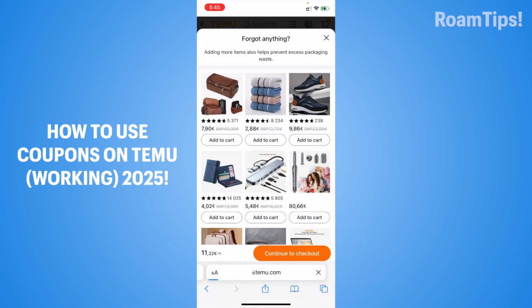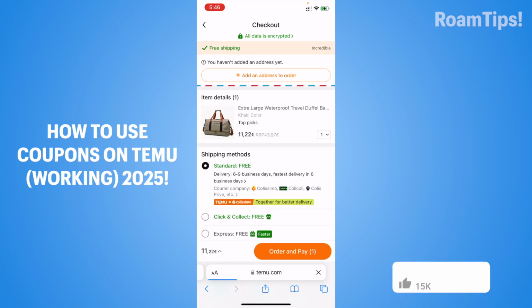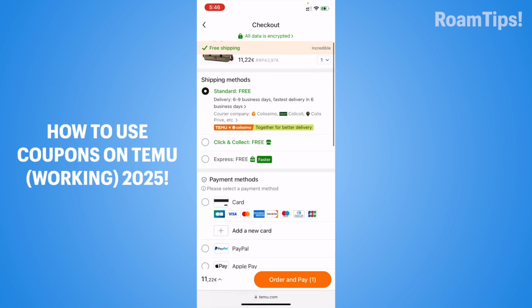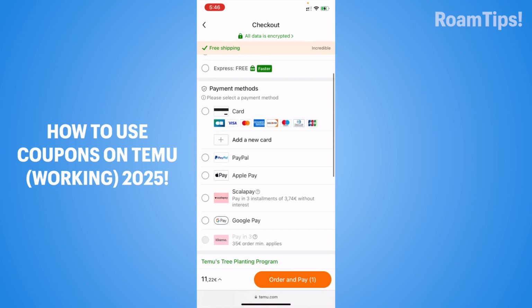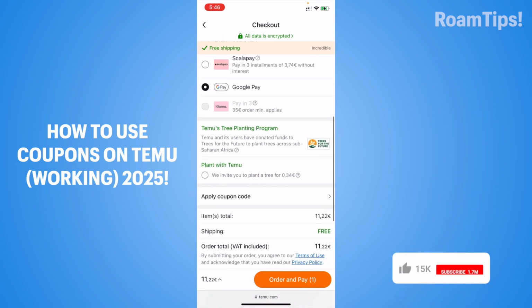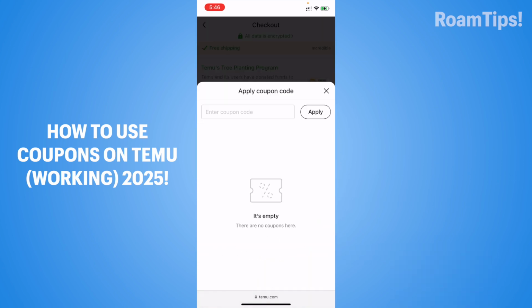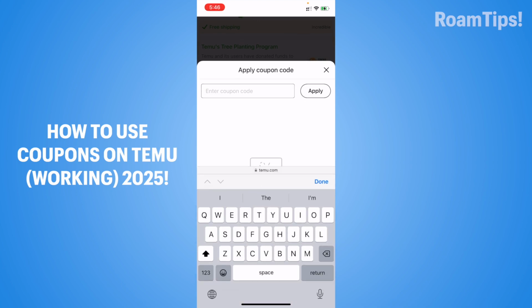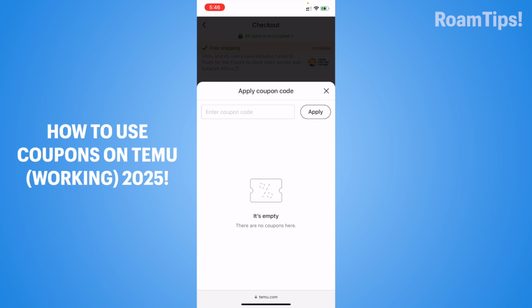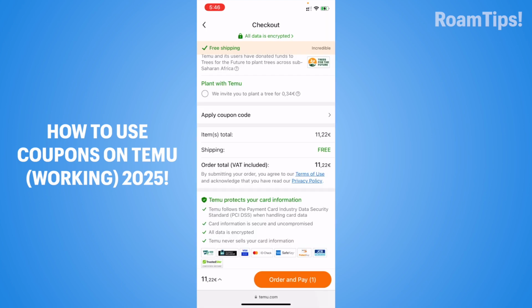Continue to checkout. Okay. Alright, and scroll down and select payment method. And scroll down and click on apply coupon code. Click on this and write your coupon code and click on apply. And click on cancel, and